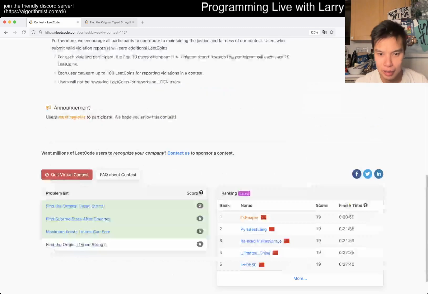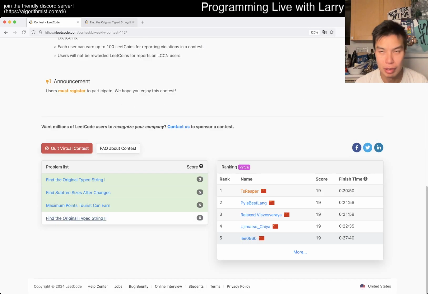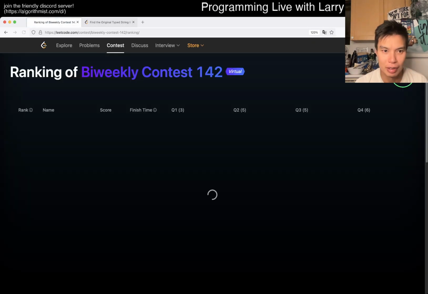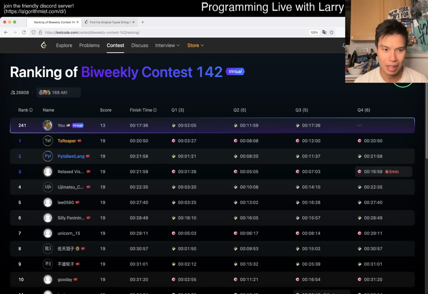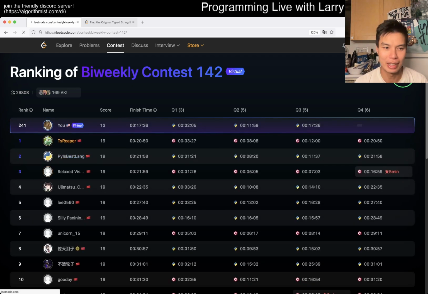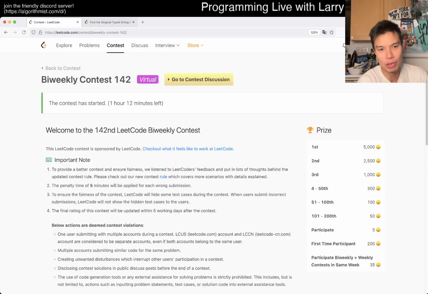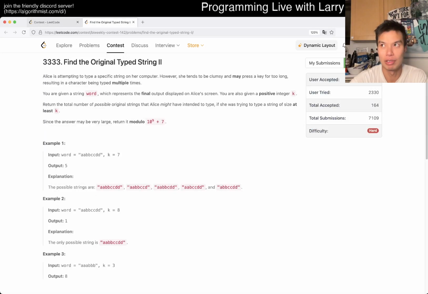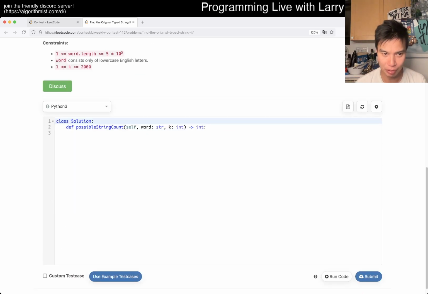Q3. How am I doing on time? I have an hour and 12 minutes left. Oh, I guess the leaderboard is not real anymore. I feel like the old virtual contests tell you the ongoing rank and not the final rank, so the leaderboard now is useless, which is kind of sad. I don't know how they mess things up even more, but LeetCode finds ways to do it. Okay, stop ranting. There's a modulo, so let's focus on that first.